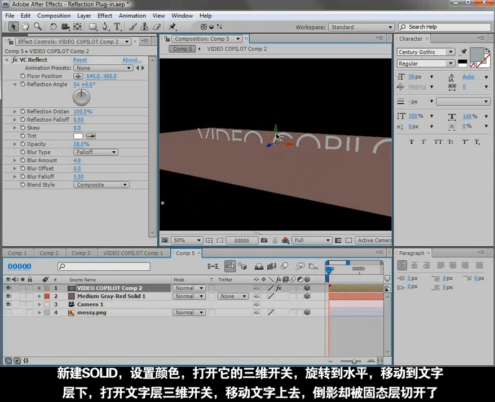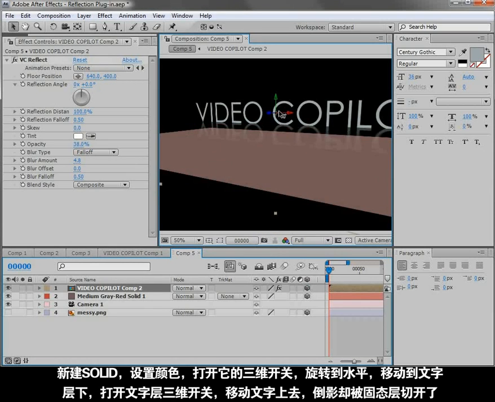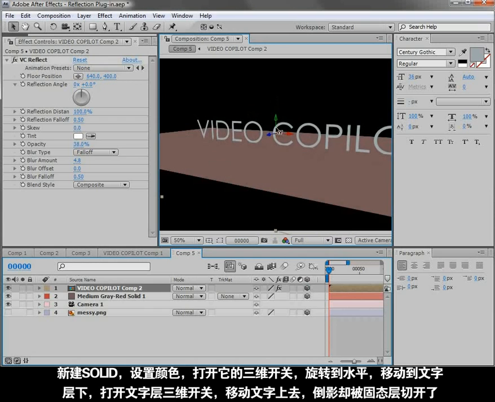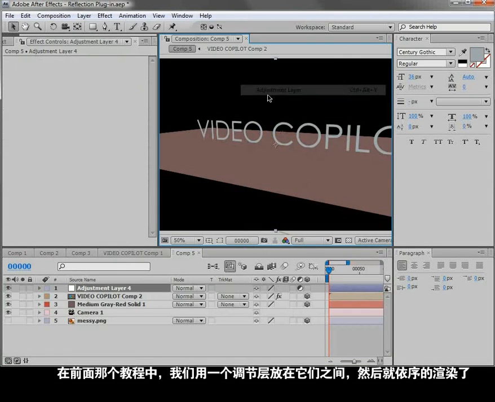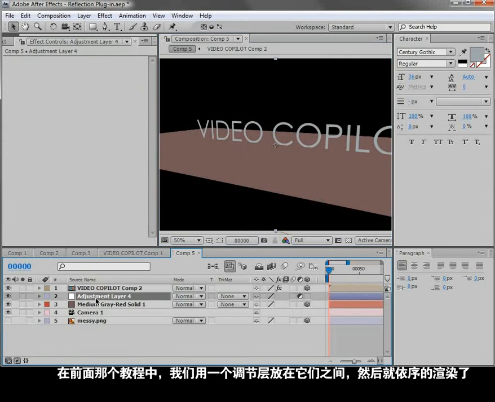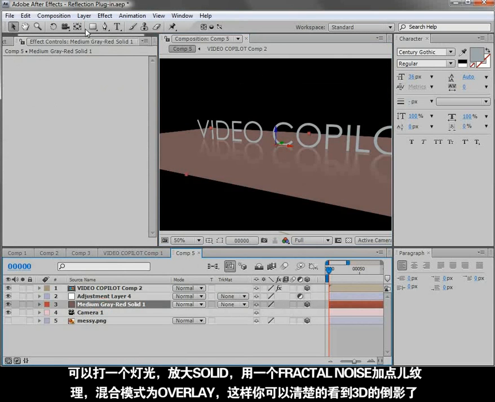So if we move it up, right where the two elements would intersect, about there, you can see we have a little bit of a problem. So in the previous tutorial, we used a trick by using an adjustment layer, putting it between the two layers so that they render in the correct order. And I can maybe create a light